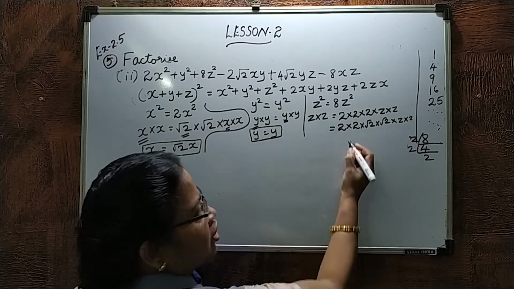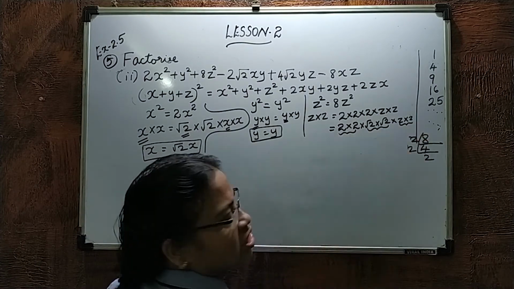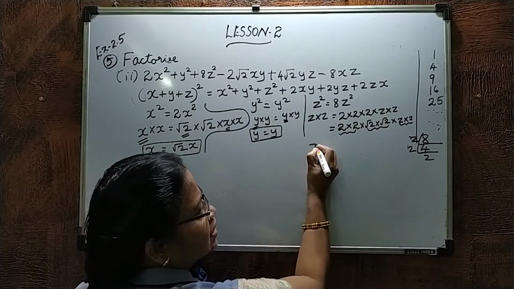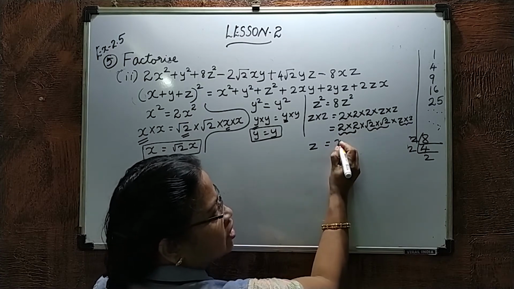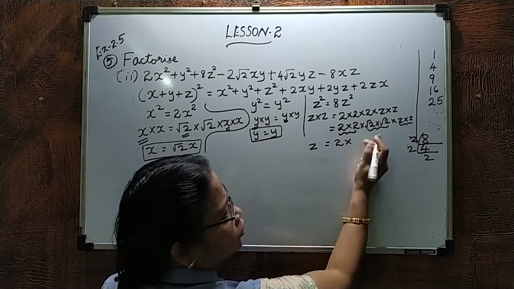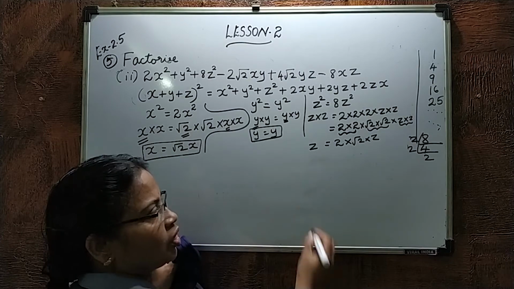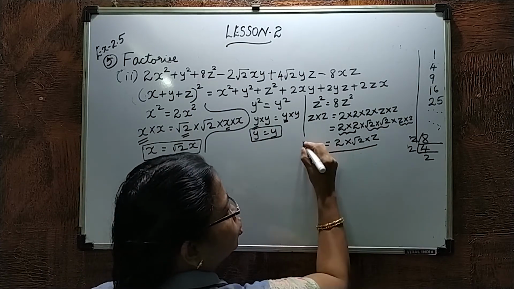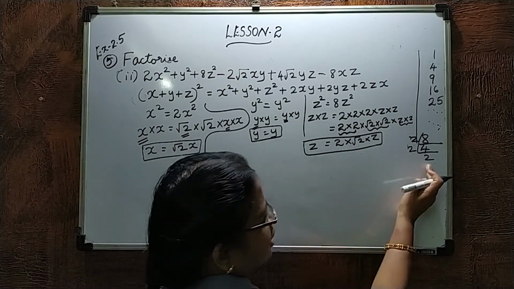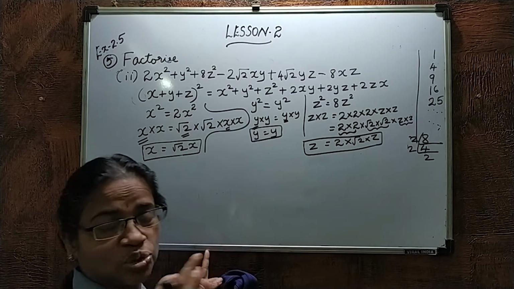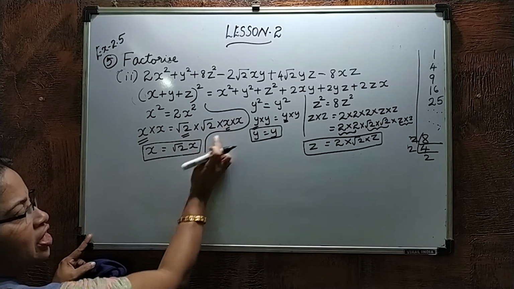Only one number we want. Here just look, twice it is multiplying. Here twice it is multiplying. Here twice it is multiplying. Now we can find out z. How will you find out z? From the twice numbers, you have to take the first one, 2 into root 2 into z. So z is equal to 2 root 2 z you will get. How did we get it? Just split it and then make it so that twice it should come. When it comes twice, then only you take the first one. Here taking the first one.